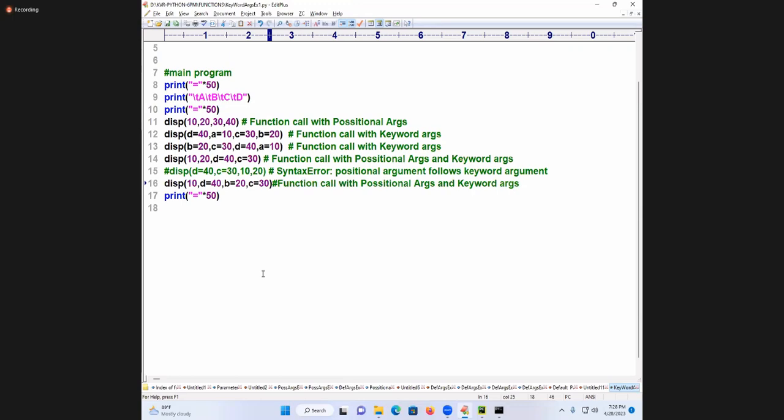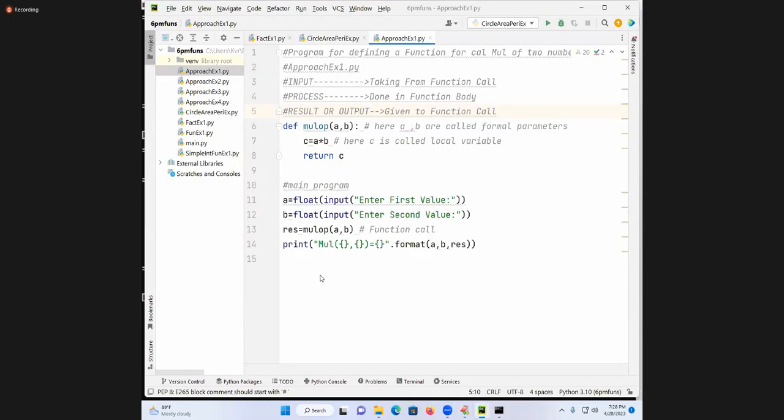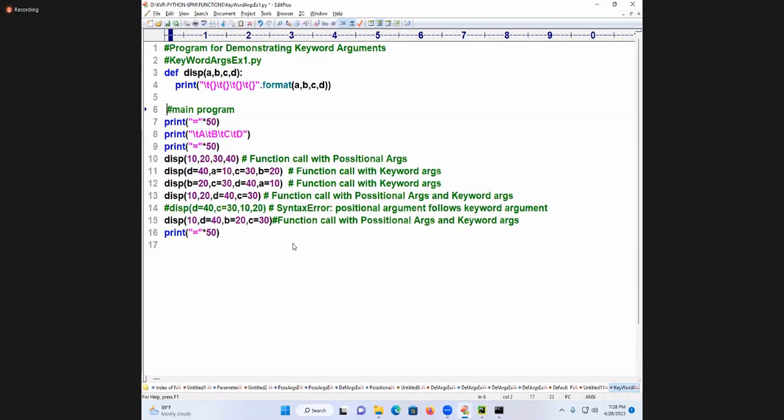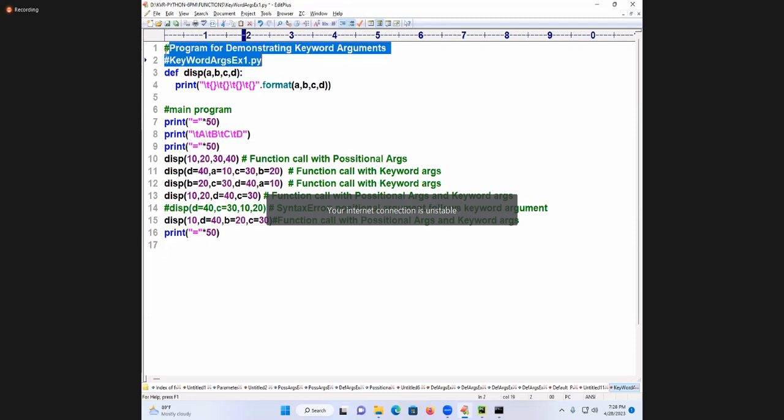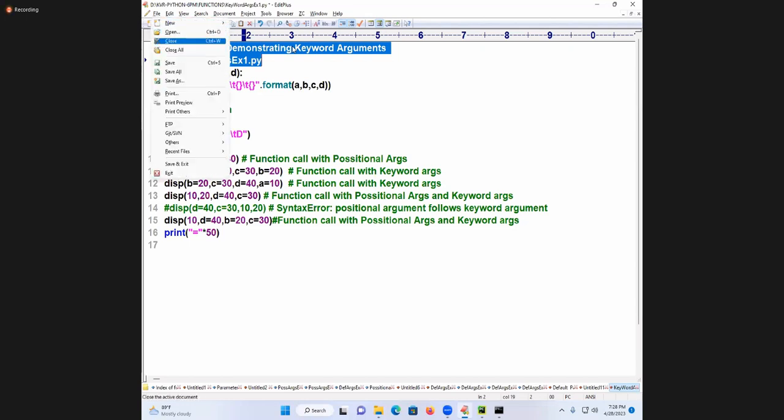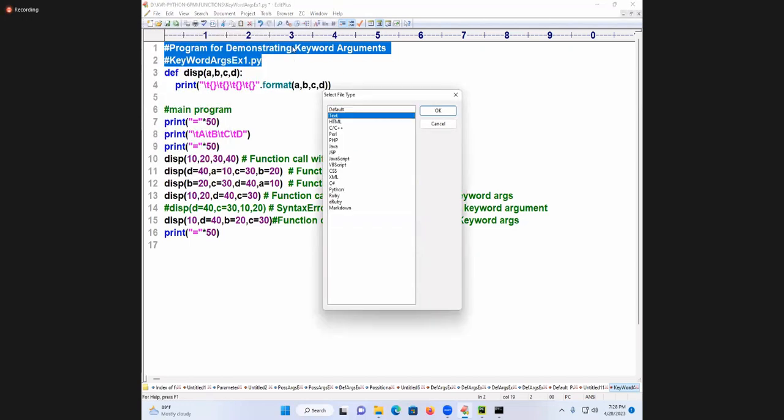Another example, students. It's one simple example on this area. Next, I'll go for one more thing. What does the next one mean? Follow me carefully. Here I am going to take one more example. Follow, here I am writing